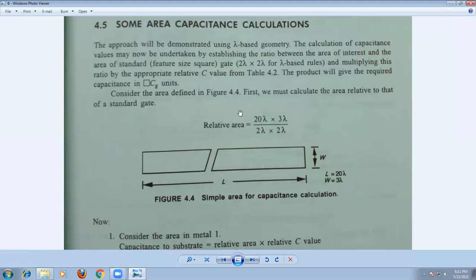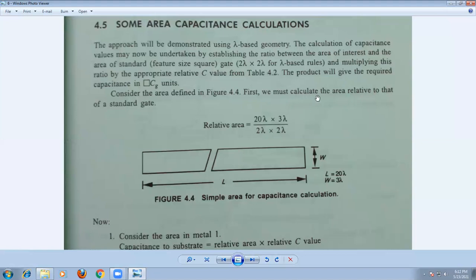So, if you use relative values for the area as well as the table values, you will get the value directly in terms of square CZ. Once you know the value of square CZ for different technologies, you can substitute that value and you will get the value in farads. That is the main difference. So in both cases, both conditions will be correct. Either you can take relative values or you can take the direct values, and you will get the answer.